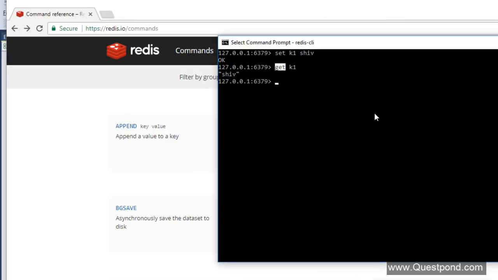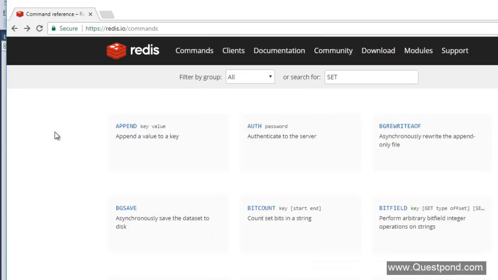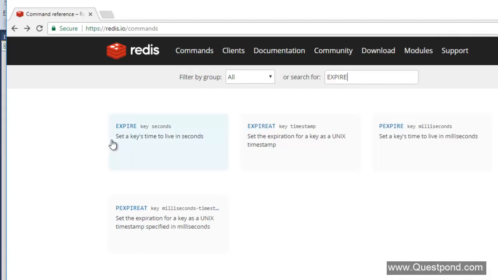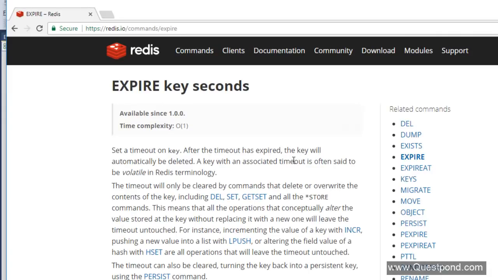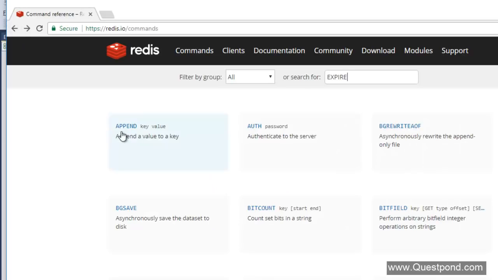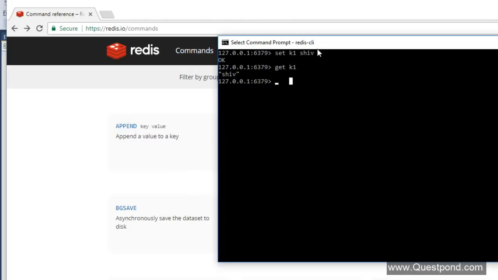But let me quickly go through some important commands. We learned the echo command. Second, we learned set, get, and clear. One of the very important commands, which I feel is the expiry command, the expire command. For example, if you set some data, you would like to set an expiry to that cache.